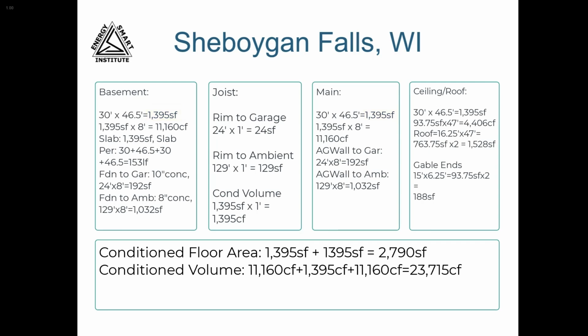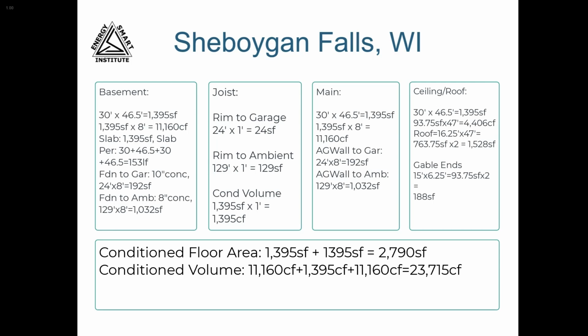Our conditioned volume will be the volume of the basement, 11,160 cubic feet, plus the volume of the floor joist area between the basement and the main floor, 1,395 cubic feet, plus the volume of the main floor, 11,160 cubic feet, for a total conditioned volume of 23,715 cubic feet. According to the standards, the volume of the sealed attic will only be included in this volume